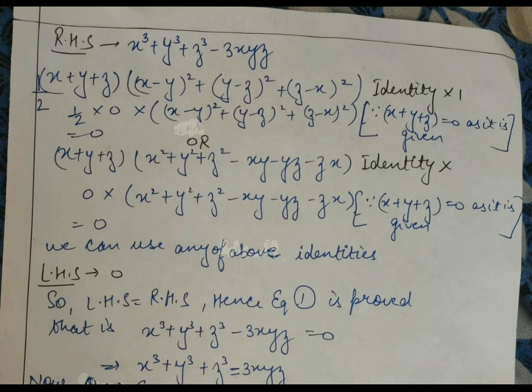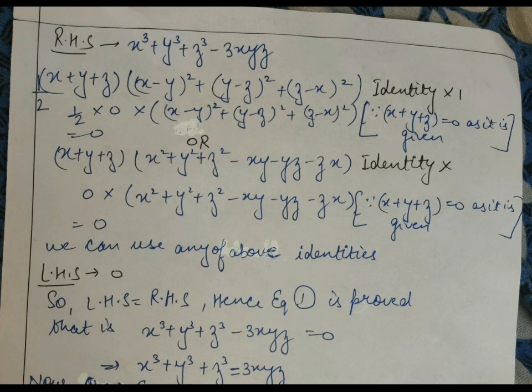So I have done it with both the ways. First I am explaining according to identity number 11. If you open this RHS according to identity number 11, you will get half into (x plus y plus z) into (x minus y) whole square plus (y minus z) whole square plus (z minus x) whole square. Now in place of x plus y plus z we can write 0 in the next step, as it is given to us that x plus y plus z is equal to 0 in the